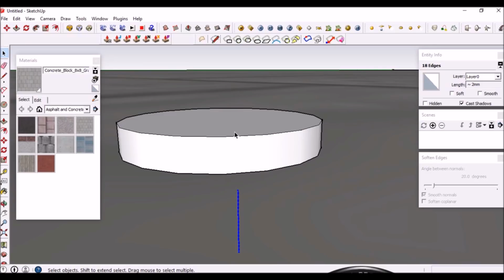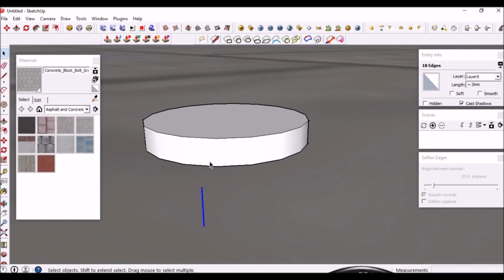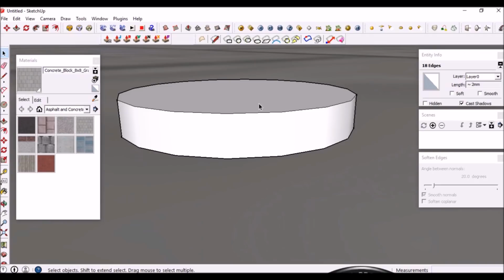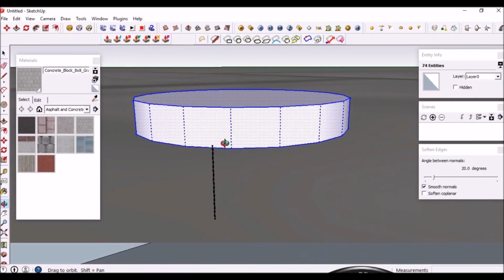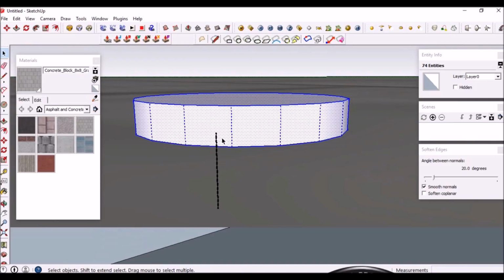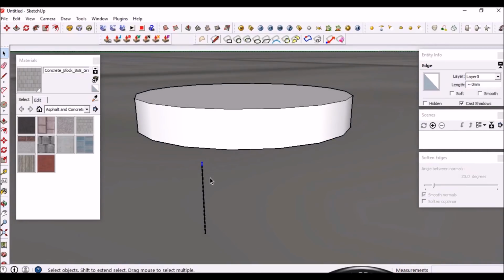That's because the circle consists of 18 segments. So each segment I have to go 1.75 millimeters divided by 18. That's the amount I have to go up every segment, and that's what I have here. So one of these guys I'm gonna move